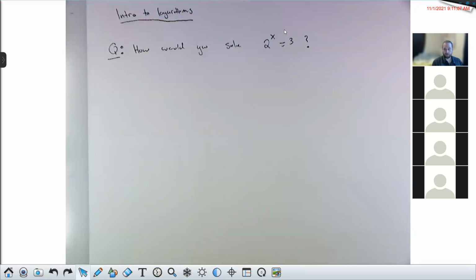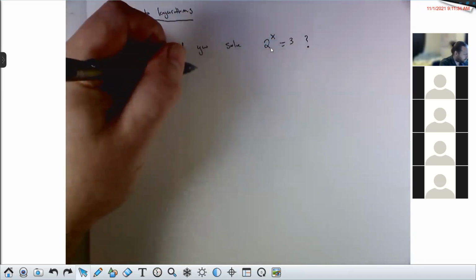You can try plugging in some numbers for x. If you plug in 1 for x, you get 2 to the 1. Well, 2 to the 1 is 2. That's smaller than 3. If you plug in 2 for x, 2 to the 2, that's 4. That's bigger than 3. So I can start to speculate that if there's a solution to this equation, it's somewhere between 1 and 2, right? Plugging in 1 gives me something too small. Plugging in 2 gives me something too large. And if you look at the graph of 2 to the x,